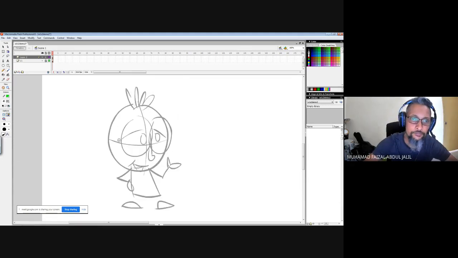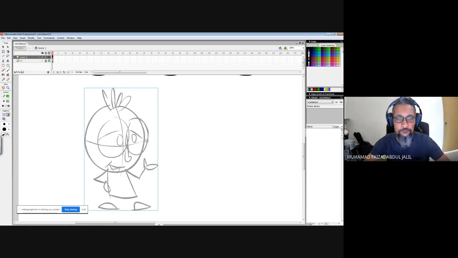Sketch your characters like this. Right? Because I actually want you guys to sketch your ideas there. Because that's how we plan what we're going to do first, before we jump straight into using the tools, thinking and creating your design at the same time. Because you're going to waste a lot of time operating these tools, and at the same time you need to think creatively about what kind of design is suitable for you there.